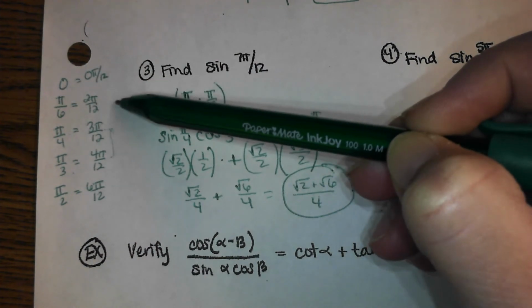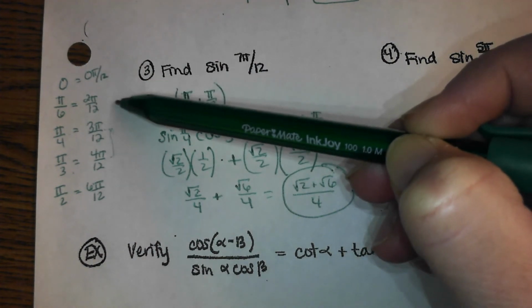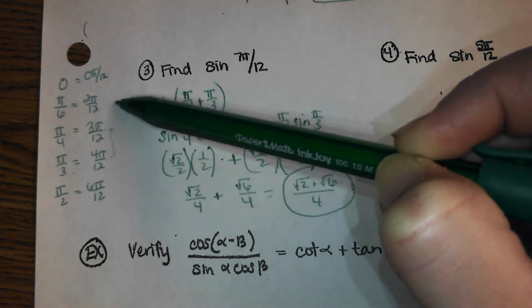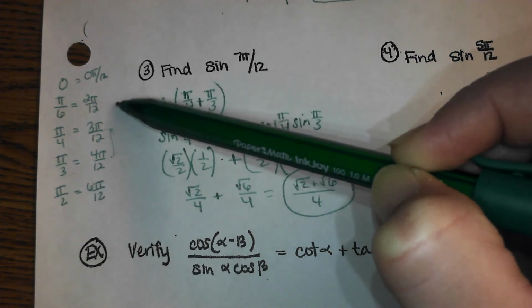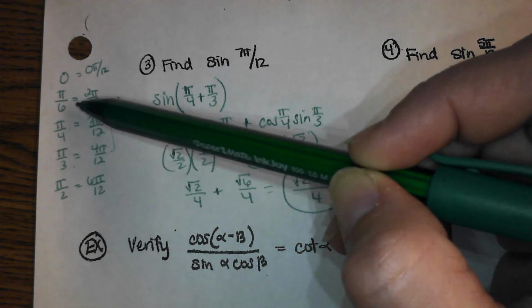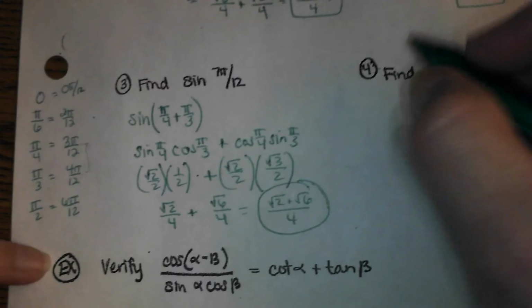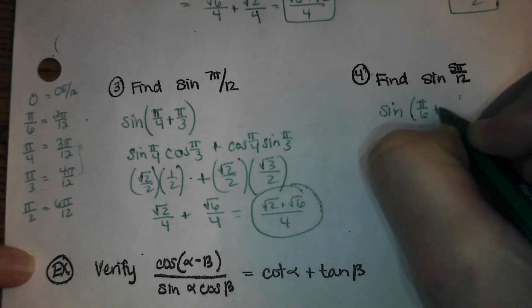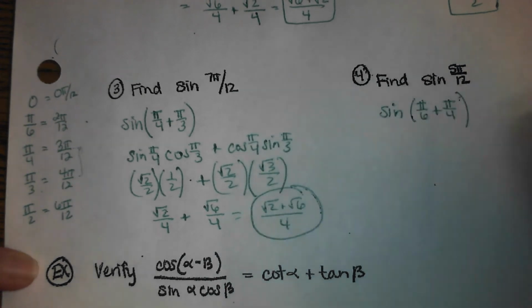Yeah. That's 2 pi over 12. What am I going to add or subtract onto that to get 5 pi over 12? Perfect. These two added together will make 5 pi over 12, so it's a pi over 6 plus a pi over 4. So the sine of pi over 6 plus pi over 4